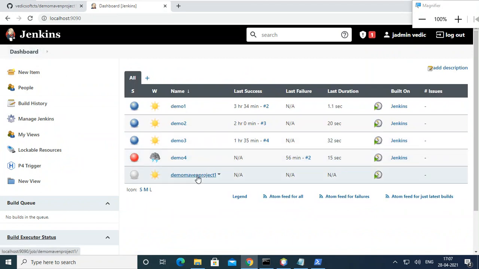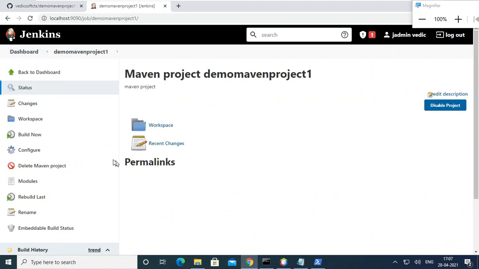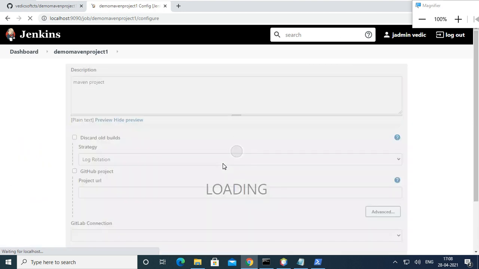So dashboard again, Maven project configure. I made some selections just to show the selections only. It is not compulsory, the selections which I made in the middle.